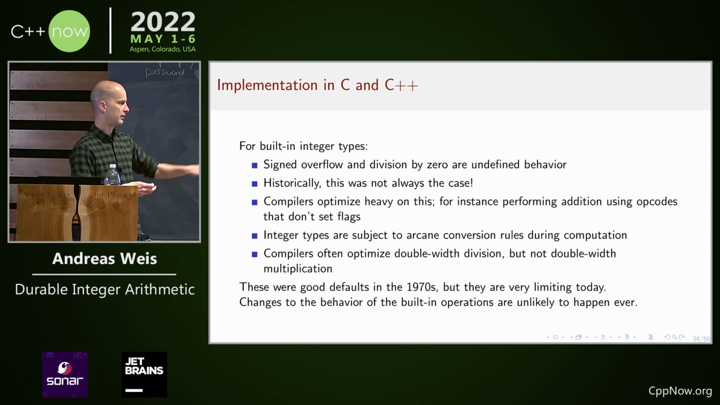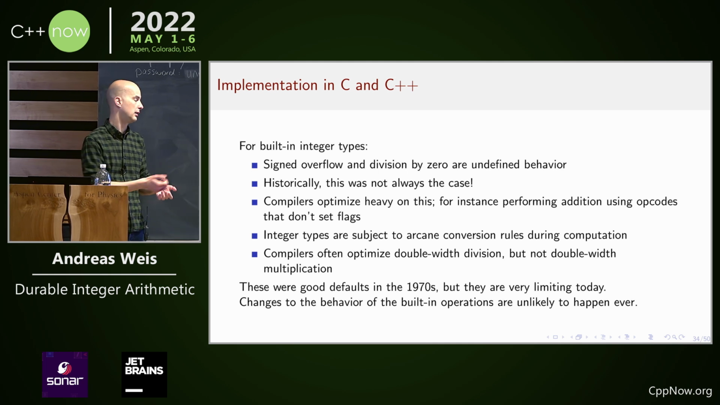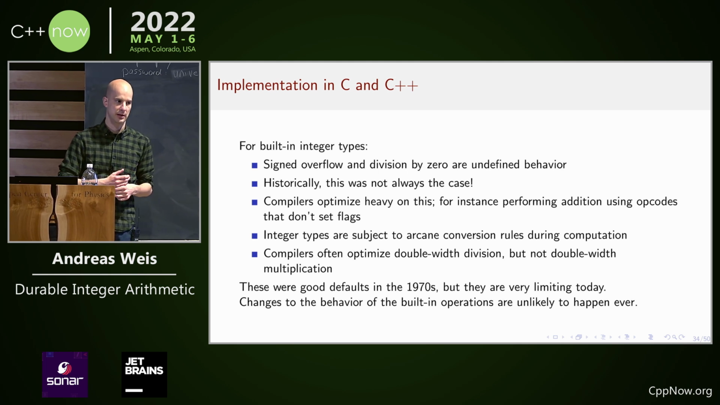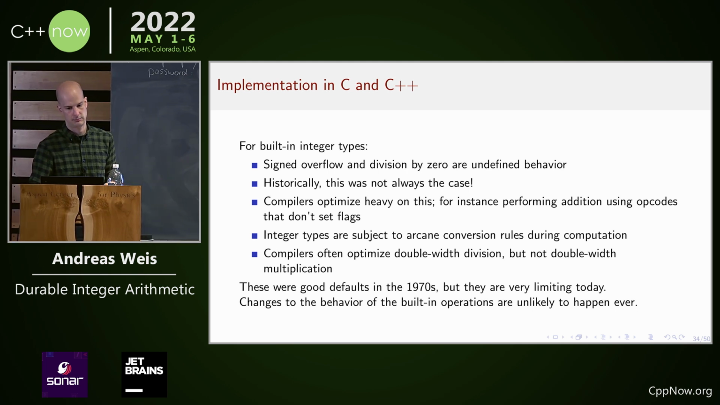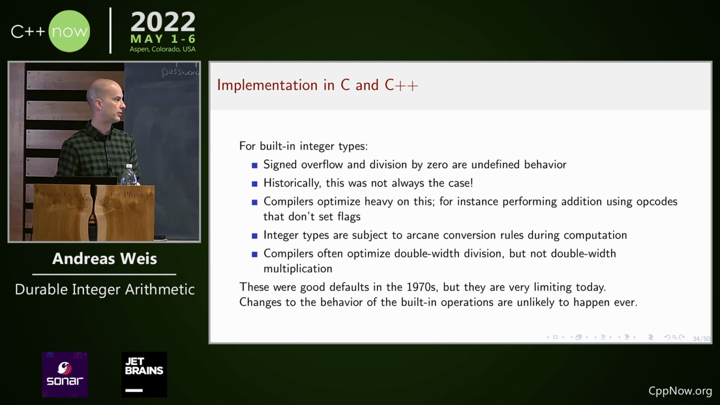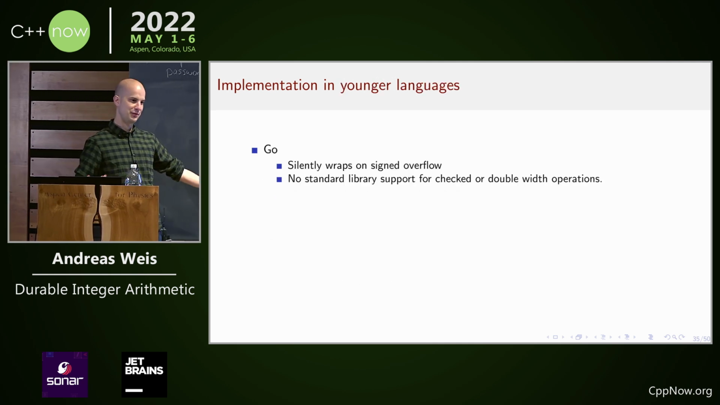And unfortunately, because we value backwards compatibility, which I think is a good thing, this is unlikely to ever change for the built-in types, right? So if we want to change this behavior, we need either new types or a different means of performing the computations. So now coming to other languages, what do